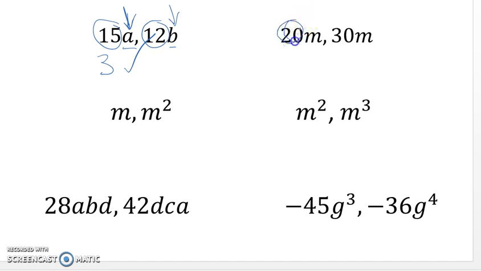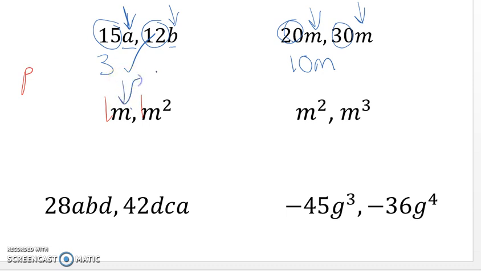Over here I've got a 20 and a 30. The biggest number that goes into 20 and 30 is 10. I have an M common to both the terms, so I will also take the M out. Over here I do have some numbers: I've got 1 and 1, and the highest common factor is 1. There is no point in writing 1 down because 1 is like an imaginary coefficient in algebra. If I write p, I know that it's 1p, but I don't need to write that 1. So I'm not going to bother writing the 1 down. And I also have an m,